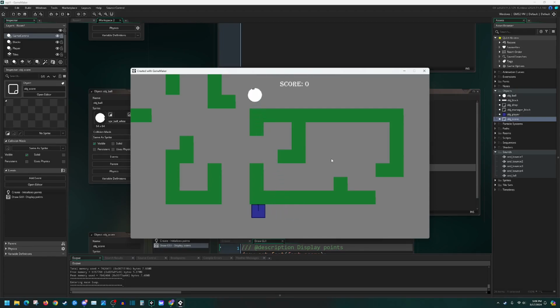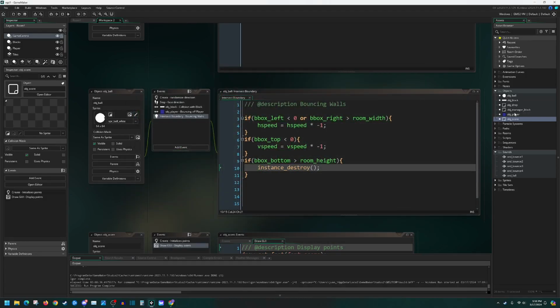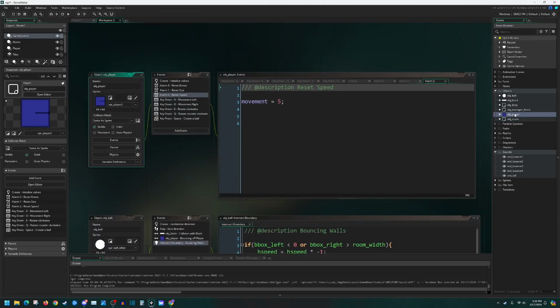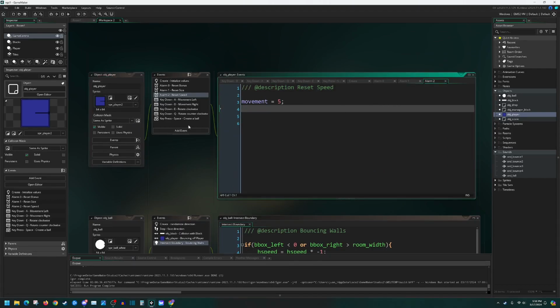Now I can place that there, it bounces around, everything's fine, but if it bounces off of the screen, it is gone. So we now have a way to lose the balls and we need a way to lose the game. There needs to be some mechanism that checks for this. So what we can do over in the player is go ahead and, in our step event that we're going to create,